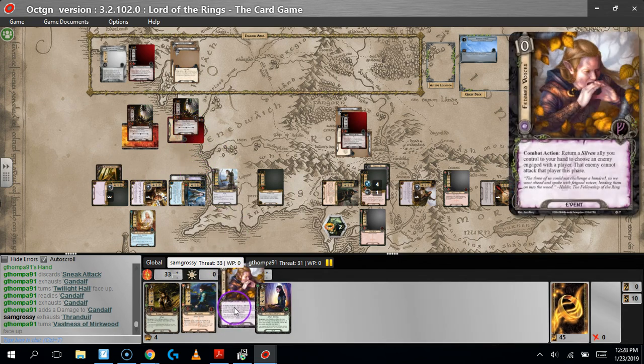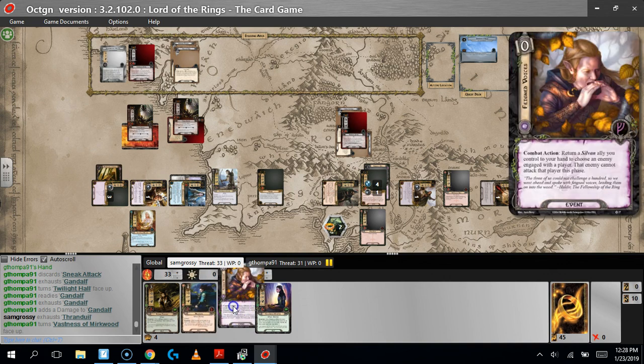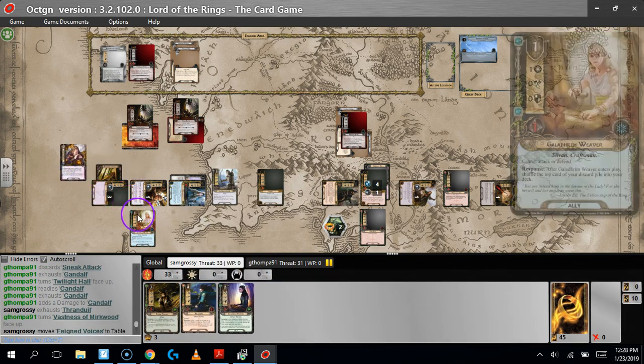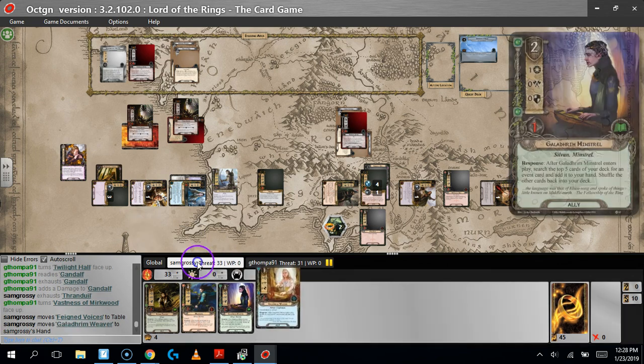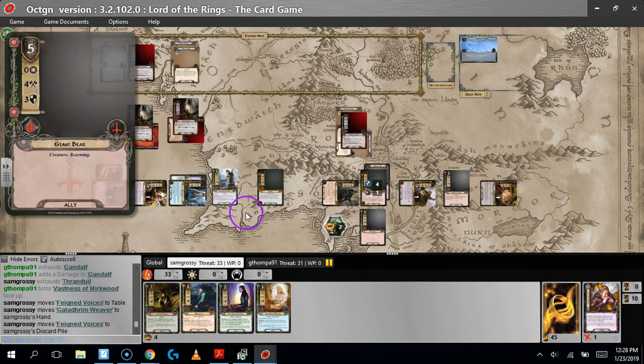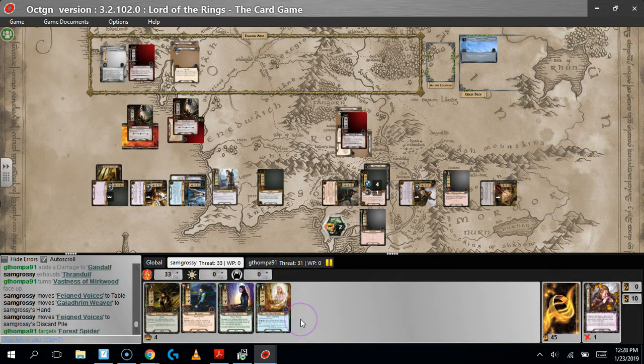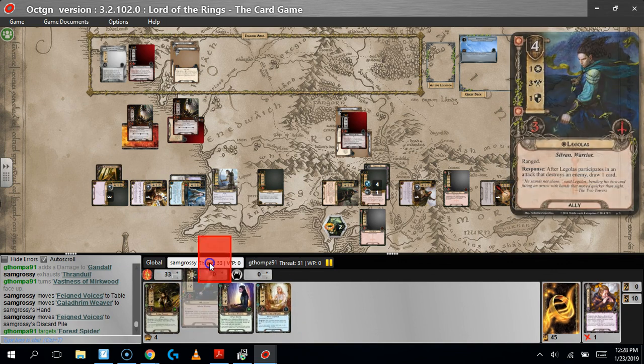Pull your Weaver back. I am going to play Feigned Voices. I'm going to pull my Weaver back. And that cancels the attack of the other one. This one right here. That one right there, yep. Right, okay. And now during my...